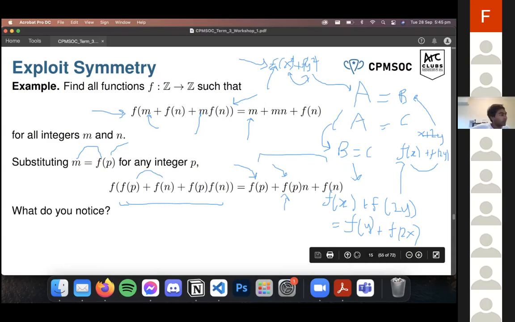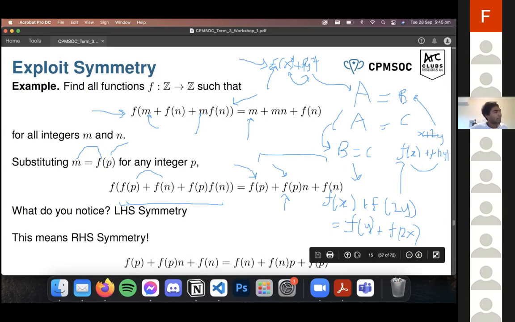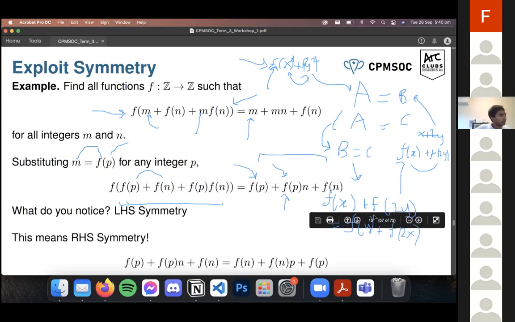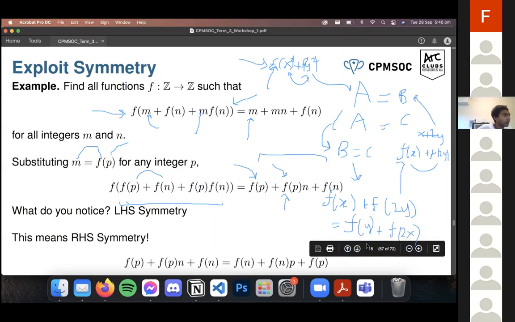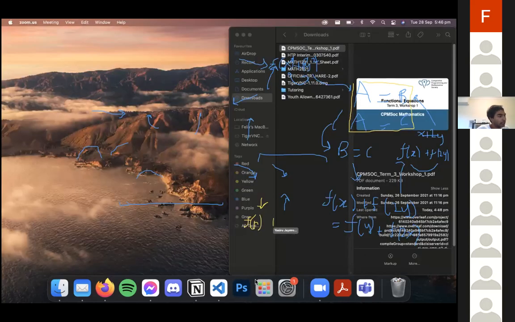Okay, so go next one. So what we notice, the left-hand side is symmetric, so we can swap p and n and still get the same expression. Oh yes, now we can use the same trick from earlier. We use this A equals B and A equals C idea. So by swapping p and n, the left-hand side stays the same, but the right-hand side